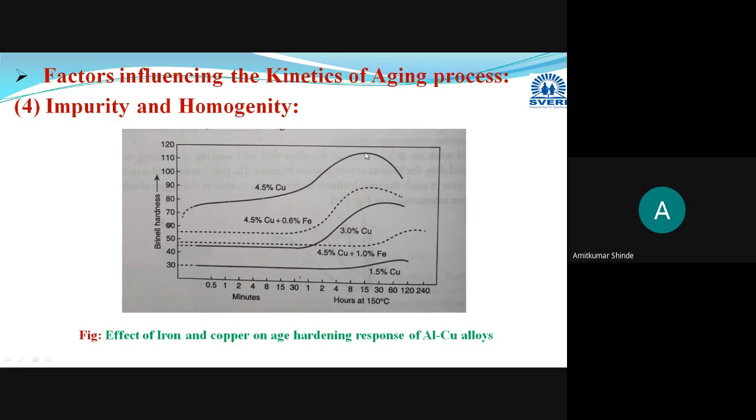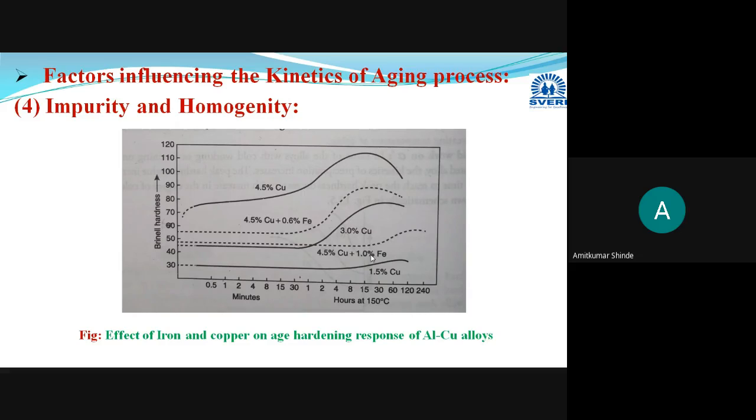And in this more homogeneous structure or composition, when the amount of other impurities is increasing, suppose 0.6% iron is added, then its hardness will fall. And if the amount of iron is again increased in this same homogeneous composition, what will happen? Suppose 1% iron is added, then again you can observe these two dotted curves. Your hardness is more, it will fall due to the increase in iron percentage. This iron will act as an impurity here. Okay, so in this way, the effect of impurities and homogeneity will be there on the kinetics of that aging